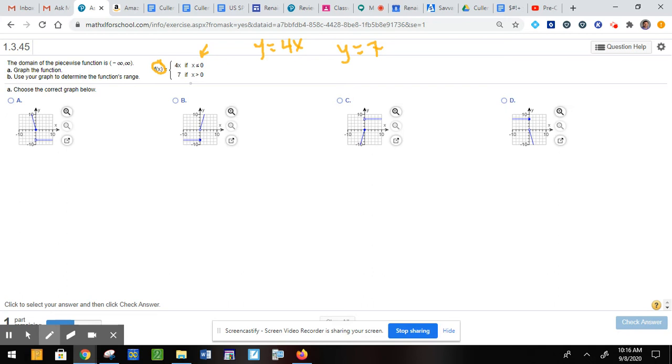So, well, let's talk about the first thing I said, right? Y equals 4x is on the left side of the function, and it stops at x is less than or equal to 0. So that part should have a solid, closed circle, the closed point. So if I look at the left side,